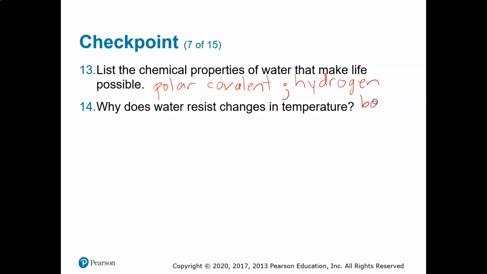This leads to water having a high surface tension, a high heat capacity, and being a good solvent. Why does water resist changes in temperature? Because it has a high heat capacity: in order to change the temperature, you must break the hydrogen bonding and then cause the individual water molecules to move